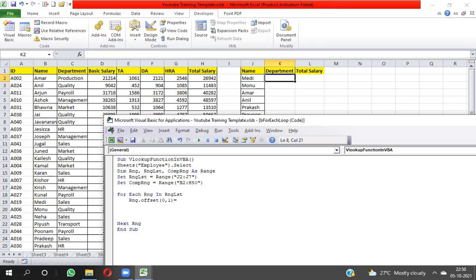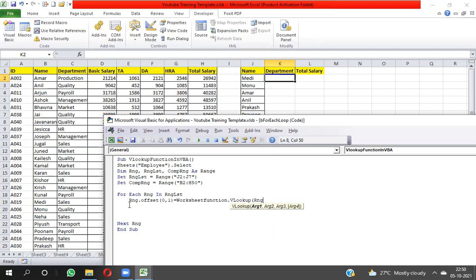You need to write RNG dot Offset 0, 1 equal to the value I'm looking for. I'm looking for the VLOOKUP result, so you need to write WorksheetFunction dot VLOOKUP, and the lookup value will be RNG. In the RNG variable, I will get this value one by one.